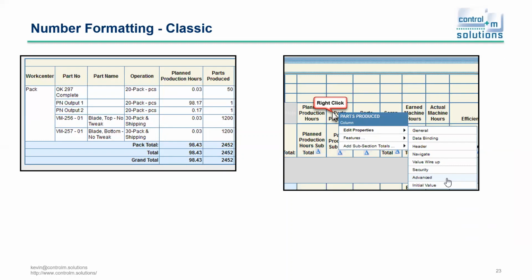On part VM 25601, the parts produced was 1,200 over some particular date range. So when you're looking at 4-digit numbers, it would make sense to have a comma display there, right? So it's a little bit easier for people to read. The way to do that, when you're in design mode, is to right-click on the field, and there is an advanced option that shows up,